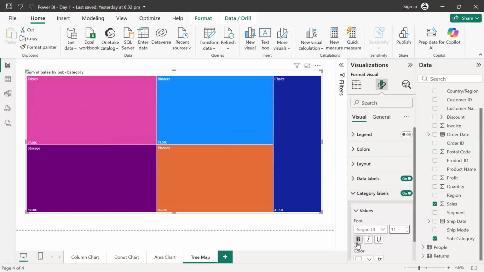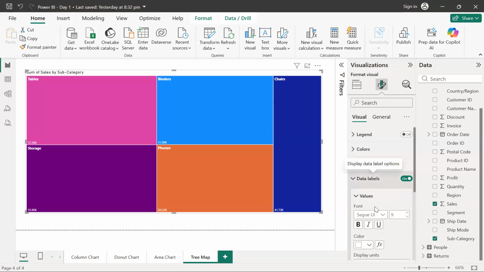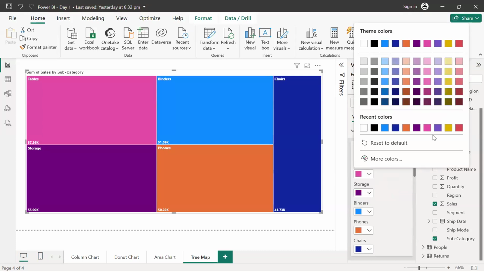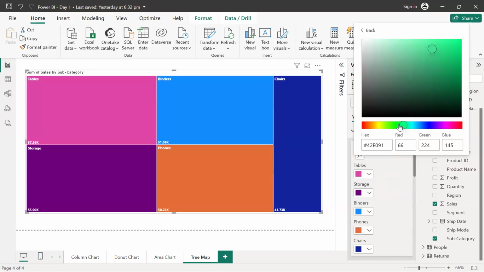We can try to increase the size of the categories. Similarly, we can increase the size of the values over here, just to make sure that these numbers are properly visible. And you can see that all these five colors are there. If you want to change any of these colors, all these things are possible.